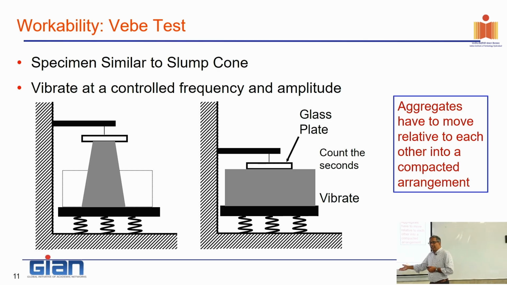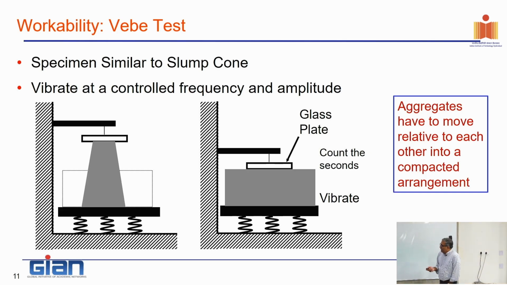So what I get from here is actually a measure of work that I'm putting in to get the concrete to conform with my requirement, to fill the form. Now, what happens when it goes from here to here? It doesn't want to go by itself. We'll see the reason a little later, but we force it by putting energy in. Now, if concrete is workable, I put less energy into it. If it is not workable, I have to put a lot of energy. It will take a lot of time, because I count the seconds that it takes to agitate the material. A lot of work goes into it before I can get it to fill this form.